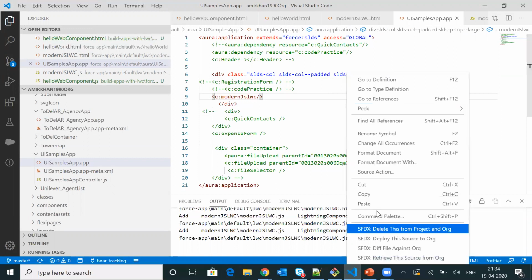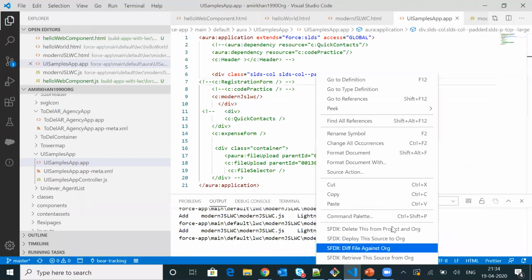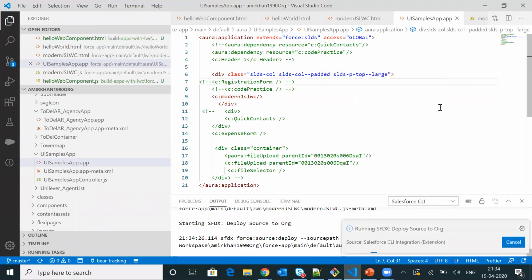Now let me deploy this to my source org. Let's wait a few seconds for it to get deployed successfully. After that, we will check the user interface of the UI sample app.